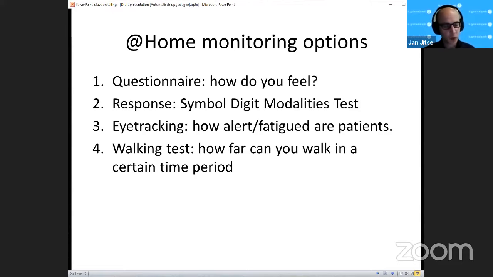There's a response test, called the symbol digit modalities test, the SDMT, where you see a symbol on a screen and a list of symbols with numbers, and you press the right number. Depending on how fast and how accurate you do that, you can measure your response time and how tired you are.